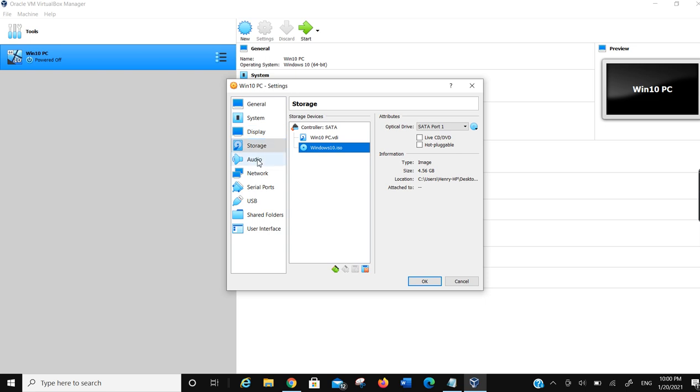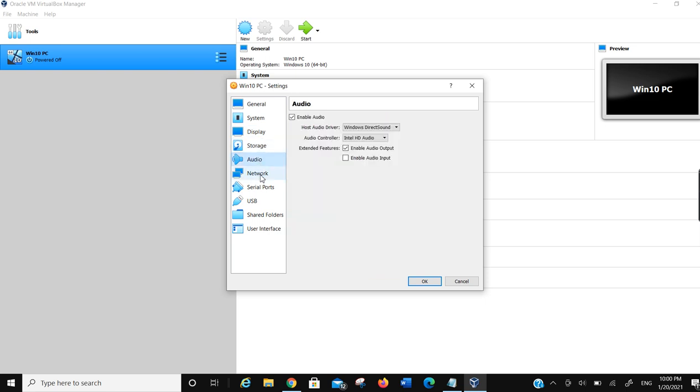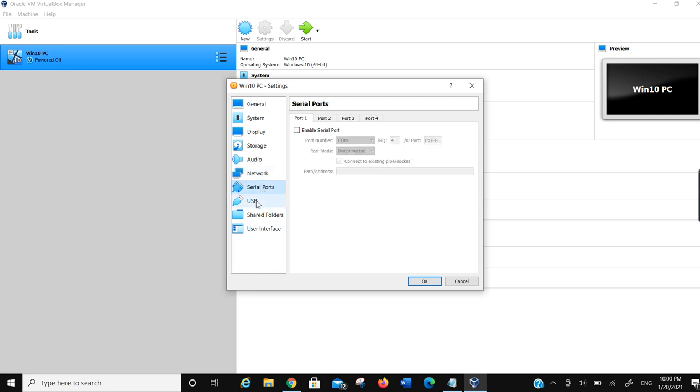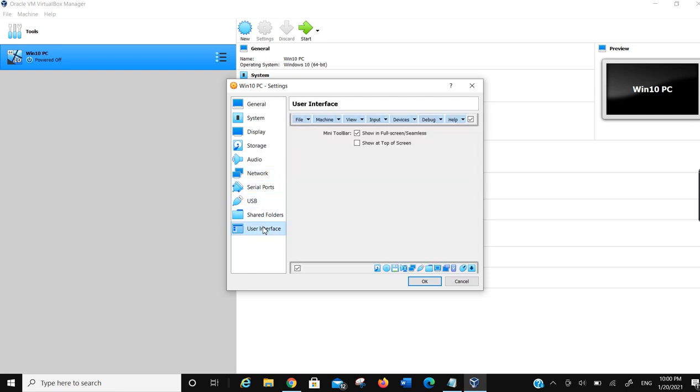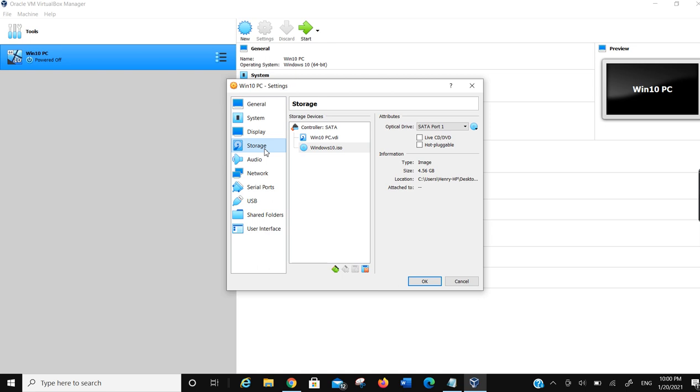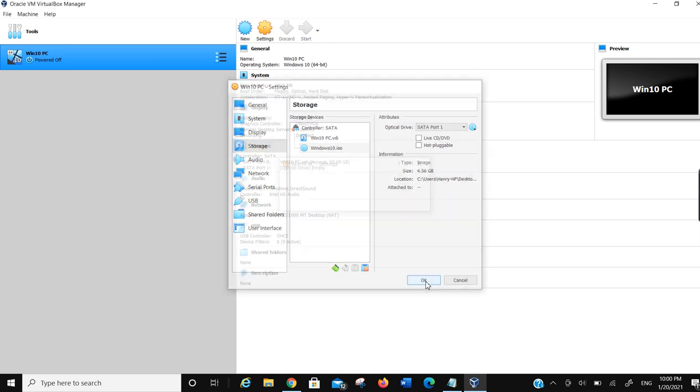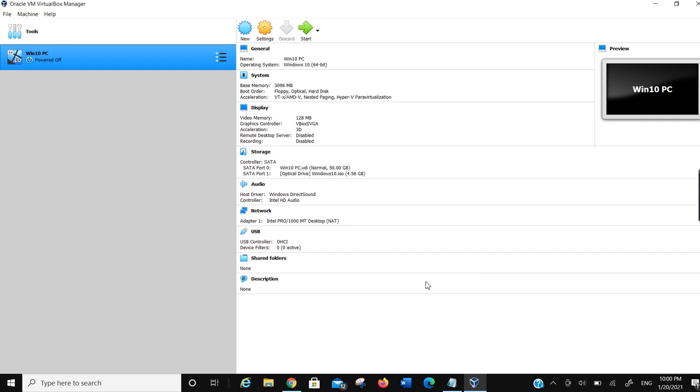and the next option. So you have the option here for audio, network, serial ports, USB, share folders, and interface. We're not gonna touch them. We're gonna stop here at storage. So here we're gonna click OK, and we are done. So at this time, our virtual PC is created and it's ready to start. So to do that, we're gonna go here to the start icon,